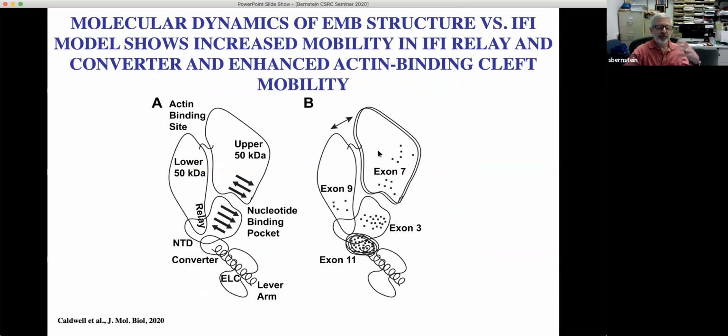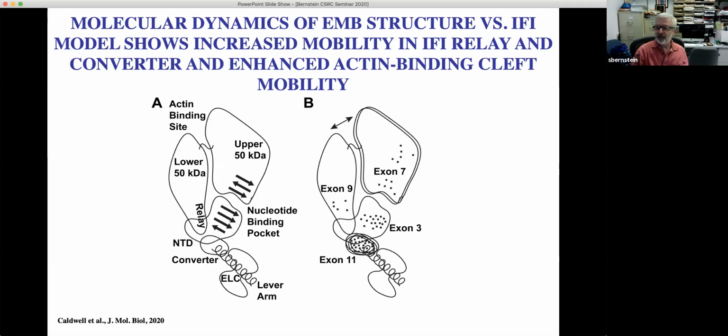And we modeled the flight muscle form computationally and compared it to the embryonic form that we had the crystal structure of. And what we found was that the flight muscle form showed increased mobility in a couple of areas, both here where the lever arm is and over here where the actin binding site is, suggesting that perhaps this increased mobility present in the flight muscle form, according to the molecular dynamics, might account for